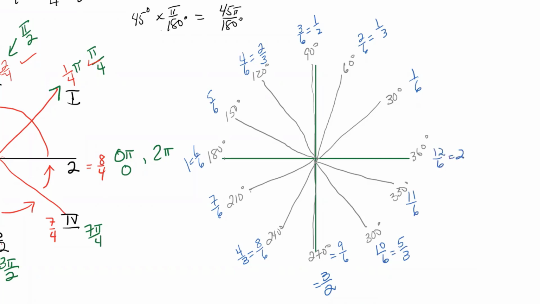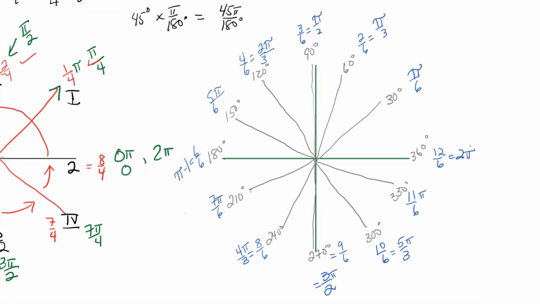Now let's go and put the pi's in. Instead of being 1/6, it's 1/6 times pi, which is pi over 6. Instead of being 1/3, it's 1/3 times pi, pi over 3. Instead of being 1/2, it's 1/2 times pi, it's pi over 2. At 120 degrees, we have 2 pi over 3. At 150 degrees, we have 5 pi over 6. At 180 degrees, we just have 1 times pi, so pi. 7 pi over 6, 4 pi over 3, 3 pi over 2, 5 pi over 3, 11 pi over 6,